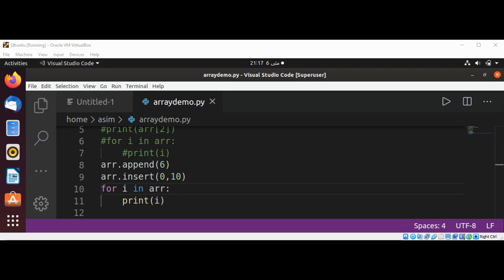We can also extend Python arrays using the extend method. A Python array can be extended with more than one value using the extend method. Let's see how to do this. I will create 2 more arrays. I will name it array 2, and then the same way, array of type integer